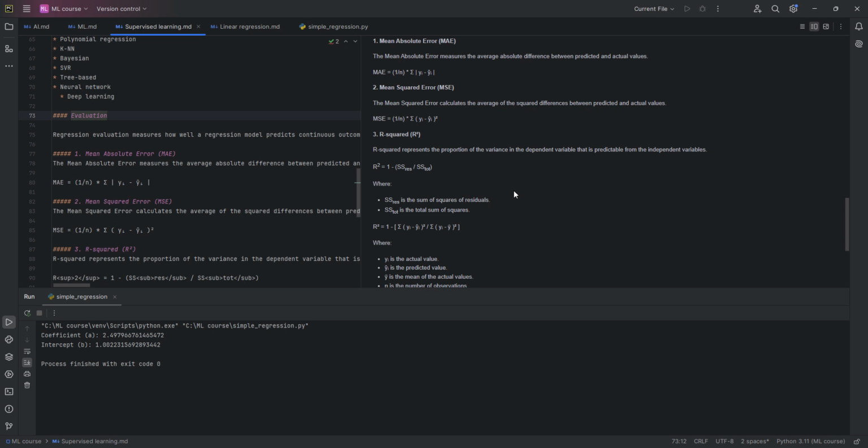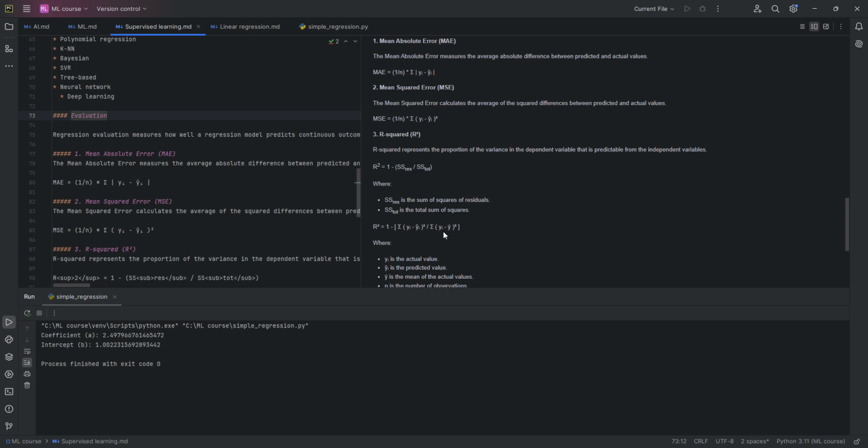So basically, it calculates the variance of the predicted versus the model, and then divides this by the variance of